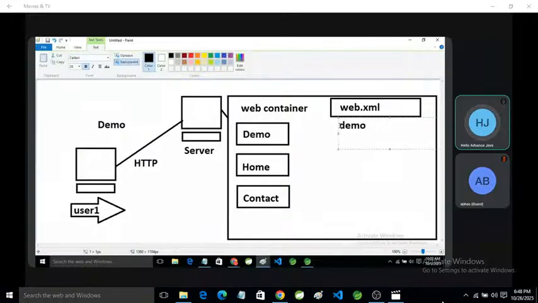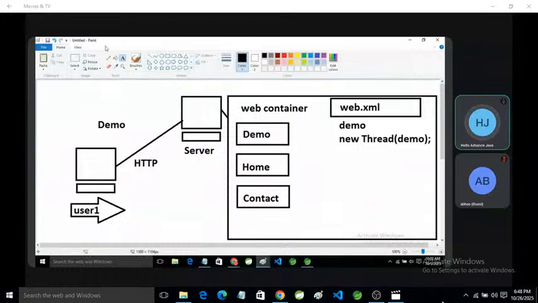After that, the web container creates a thread and passes the object of the demo class to it, provides this thread to the server, the server transfers that thread to the client, and the client displays the output on the web browser.